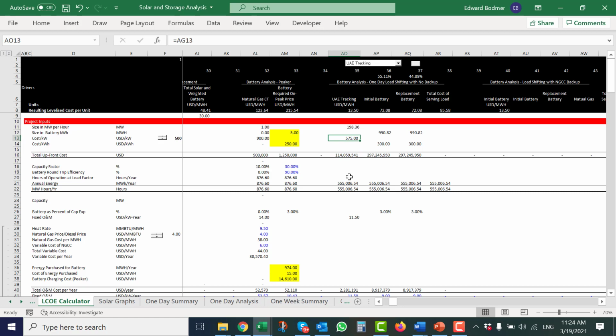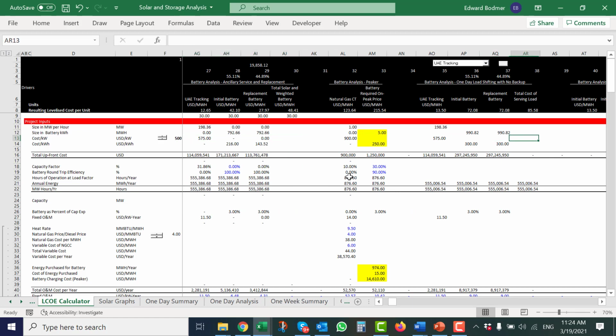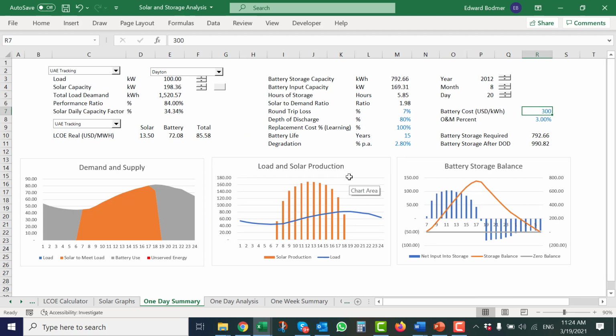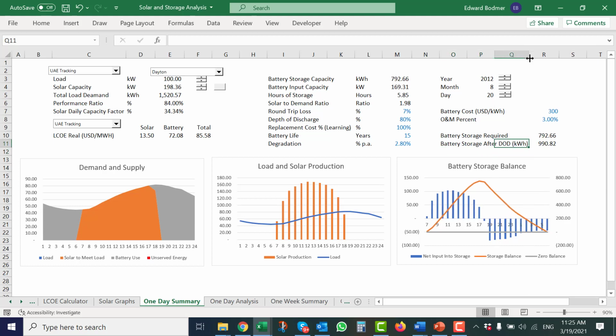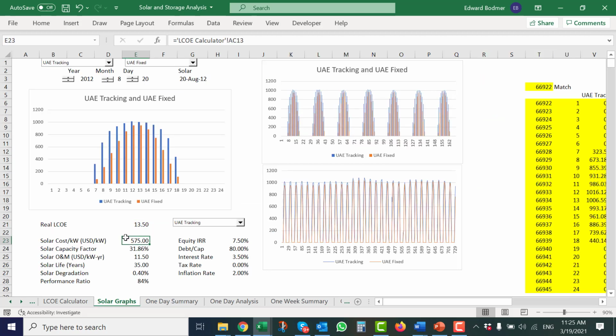We put the cost per kW of the solar in. You press Control and the little, oops, that's wrong. That came from somewhere else. The cost per kWh came from here, the cost of the battery. You put the amount of battery storage after DOD, in kWh. I have to make this a tiny bit bigger. That's how much we need. That gets multiplied by 300. Don't worry about that. The solar cost is multiplied by, in this case, 575.